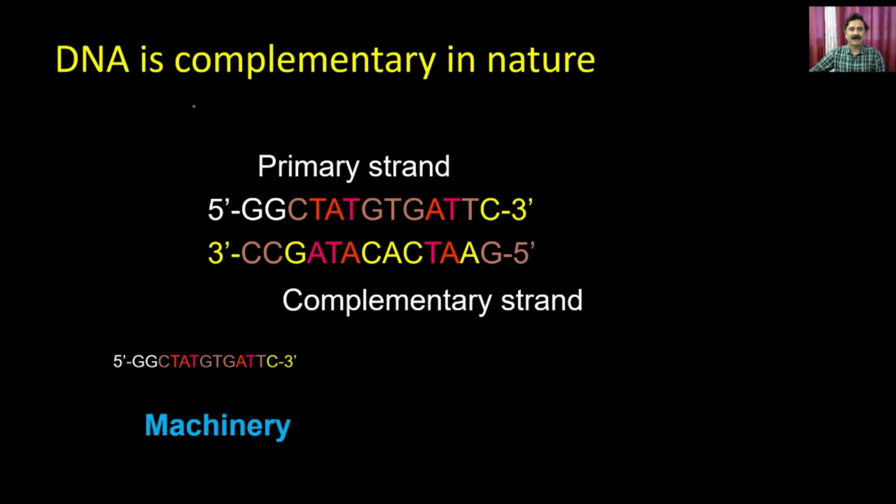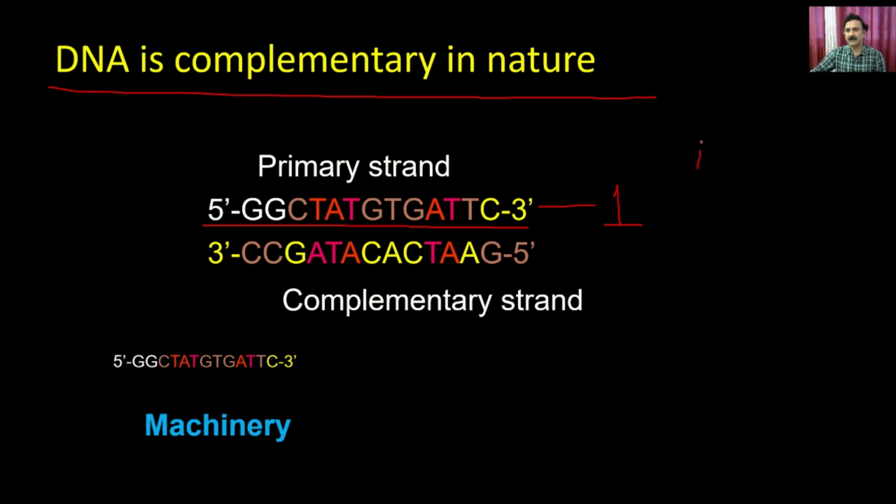Now, what is meant by complementary to each other? You can understand that with this example, where you have a primary sequence. For example, a sequence of GGC, TAT, GT, GA, TTC, and this is strand 1. A is going to pair with T with the help of 2 hydrogen bonds, and G is pairing with C with the help of 3 hydrogen bonds. Then if you have to generate the complementary strand, wherever